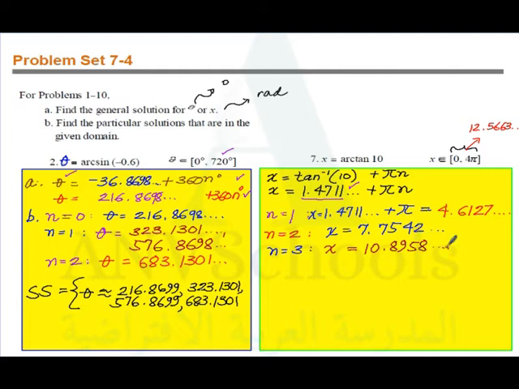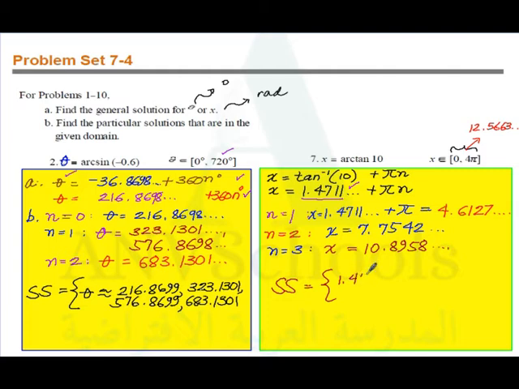Okay, so this couldn't go much further because going further will take us to more than 4 pi, or more than 12.5663. So the solution set in this case would consist of 3 values or 4 values instead. We have